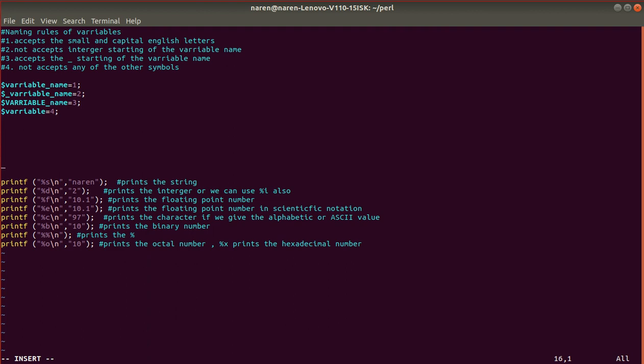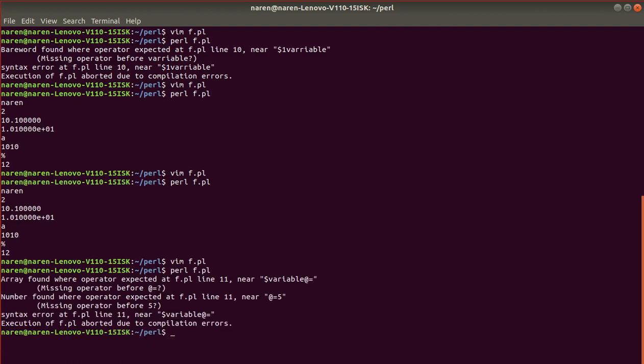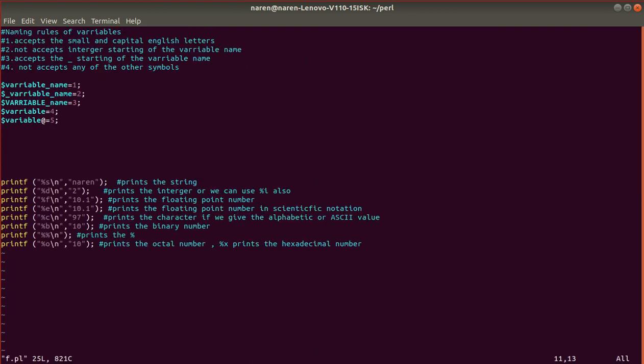Let me check whether it accepts symbols after giving the underscore or any small letter. Variable at the rate equal to 5. So it's not accepting the symbols. Yes, it's throwing the syntax error. So you shouldn't use symbols in the names.